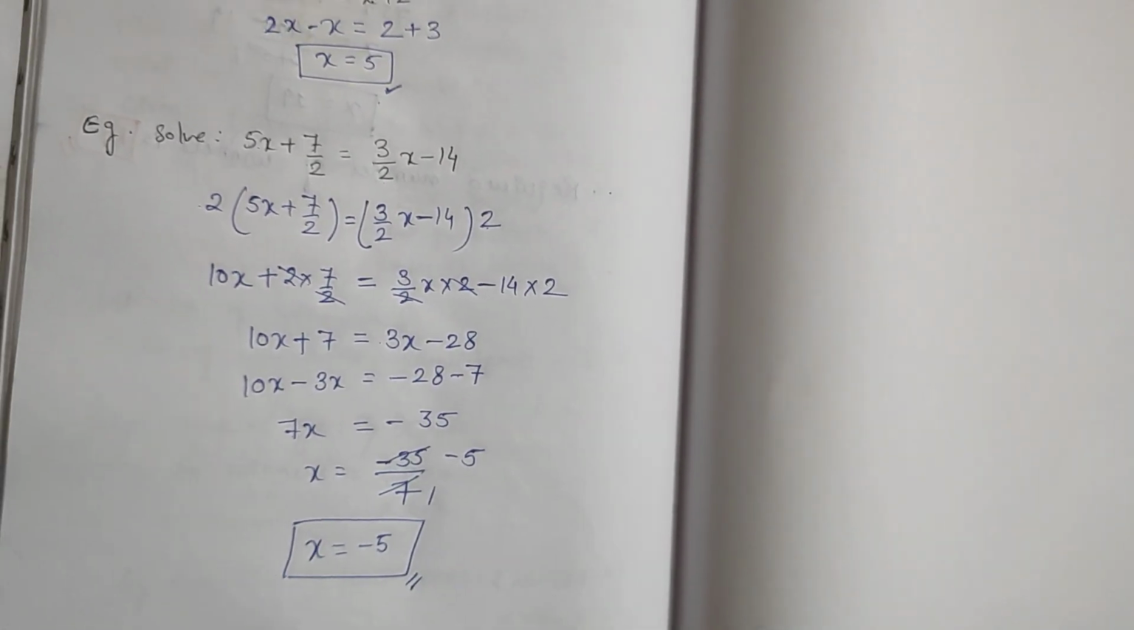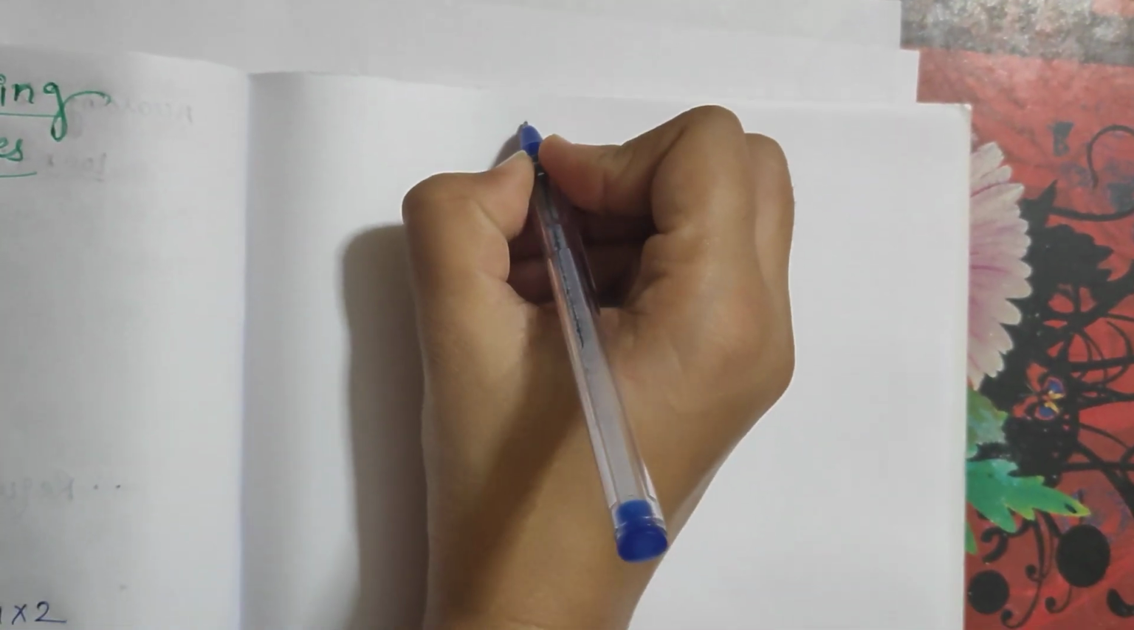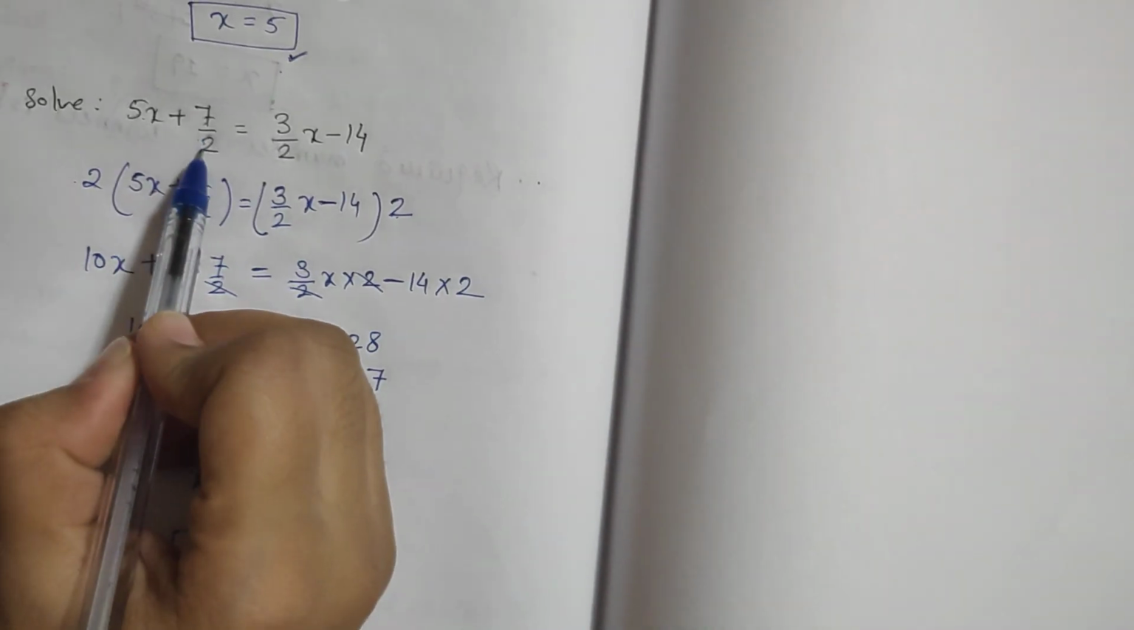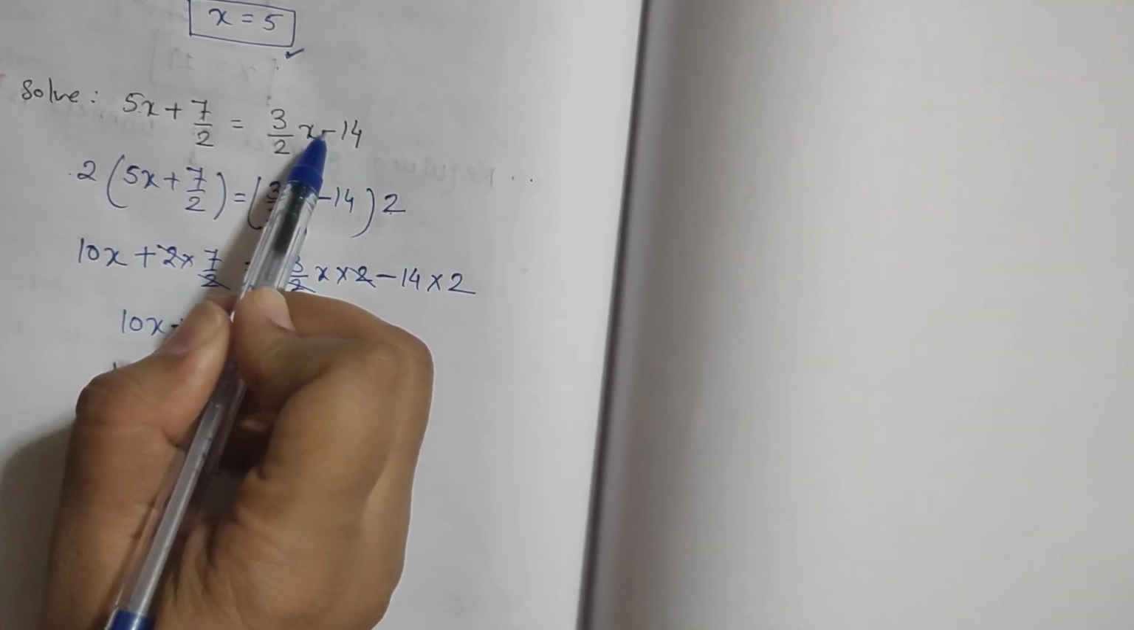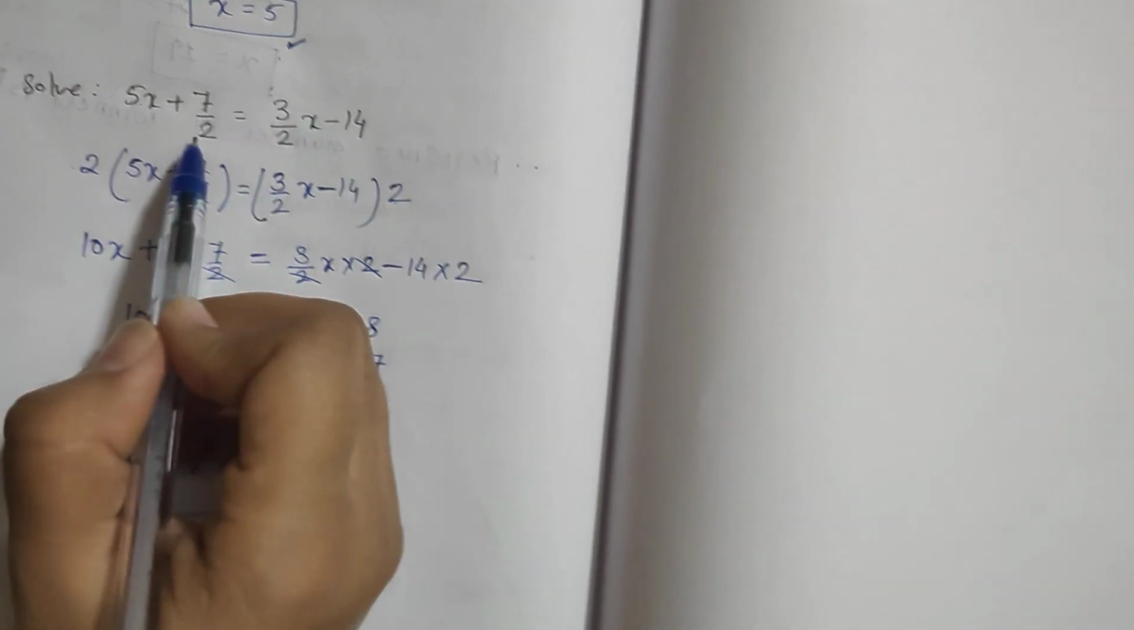This is how we can solve this equation. The other method to solve such an equation is that directly we can transfer this 7 upon 2 from this side to this side and take this 3 upon 2x from this side to this